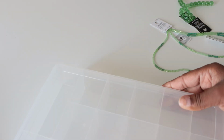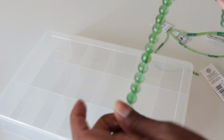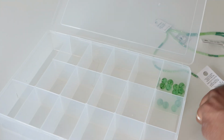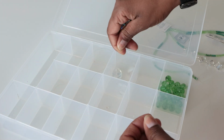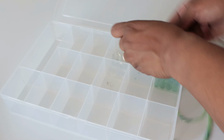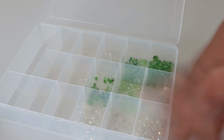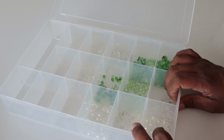So I'm going to start by grabbing my little bead organizer because once I cut all of these open, they're going to be everywhere. So I'm giving myself somewhere to put them. Okay, I have everything all organized, so I'm gonna get this out of the way and I'm gonna start making